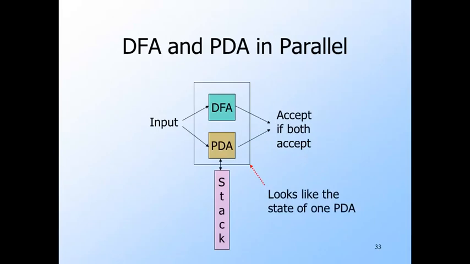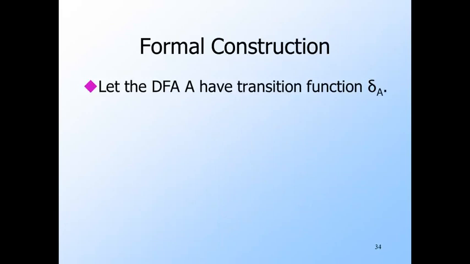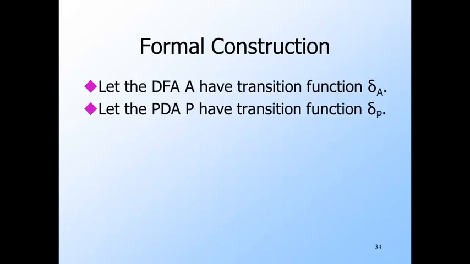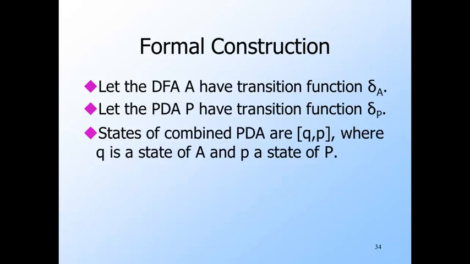We can combine the states of the two automata to make one state for a new PDA. It manipulates the stack of the original PDA and feeds inputs to both the original PDA and the DFA. It accepts if both the PDA and the DFA accept. To give the construction of the new PDA, let the DFA have a transition function delta A, and the original PDA will have a transition function delta P. States of the new PDA will be pairs. The first component, Q, is a state of the DFA,